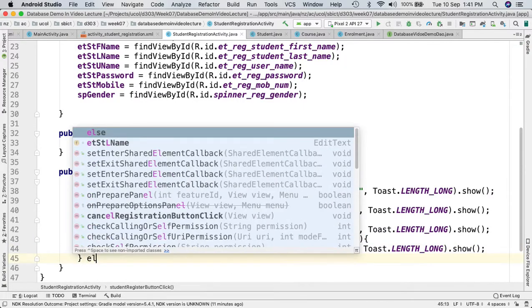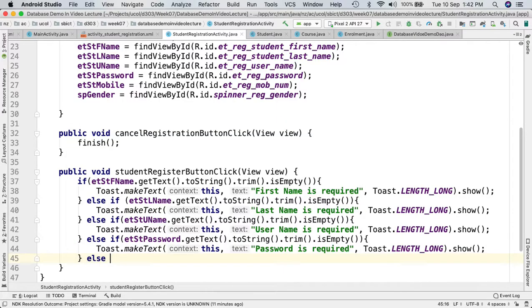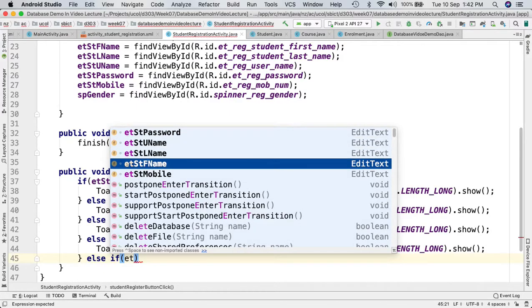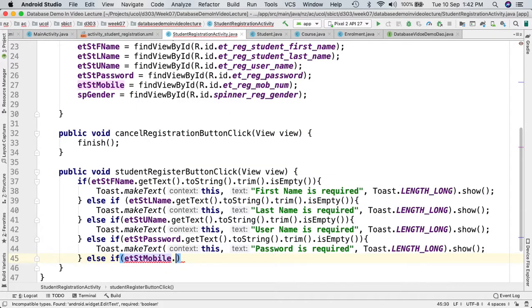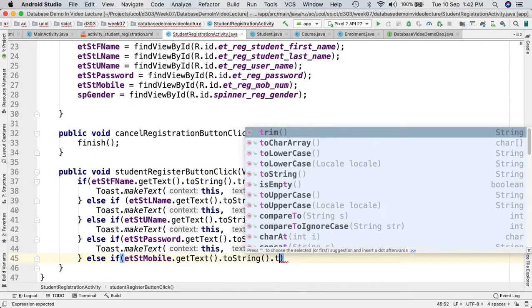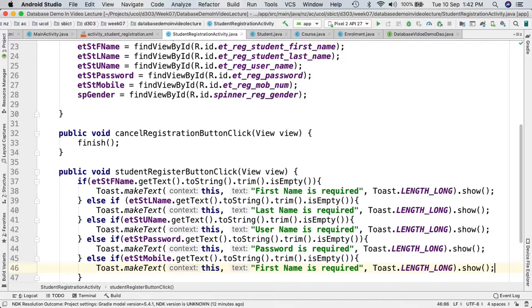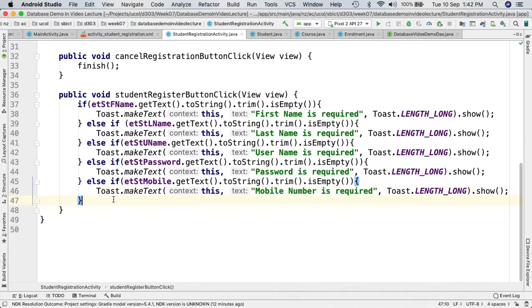and similarly we can say else if we are saying that et mobile. So we have checked first name, last name, username, password, and the mobile. We again say get text dot toString dot trim dot is empty, and then we are going to provide that mobile number is required. Why are we giving the toast message to the user? So that if this is not the case, okay,